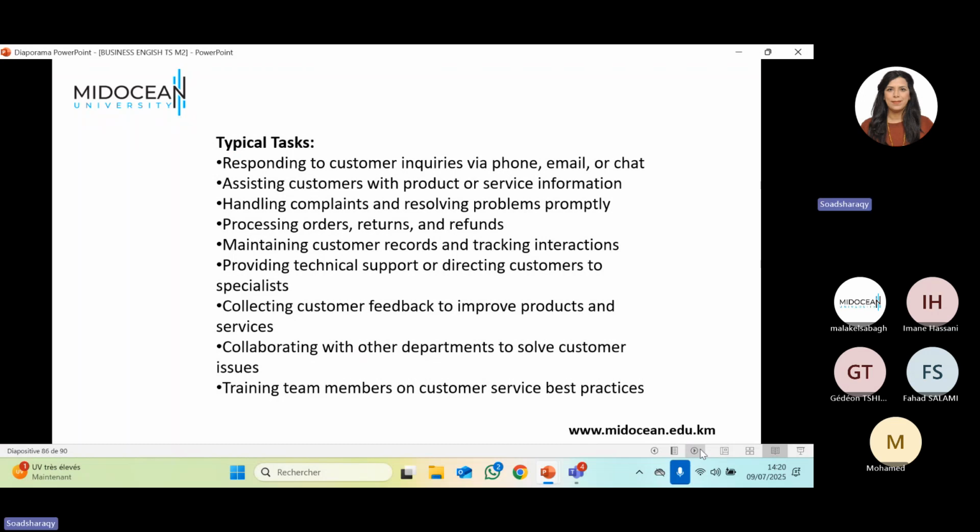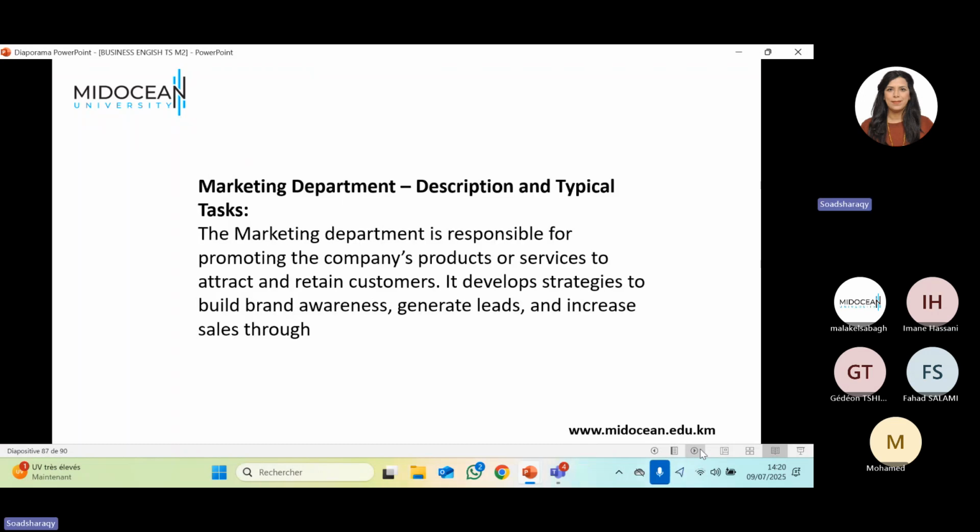Okay, another department here, the marketing department. So the marketing department is responsible for promoting the company's products or services to attract and retain customers. It develops strategies to build brand awareness, generate leads, and increase sales through